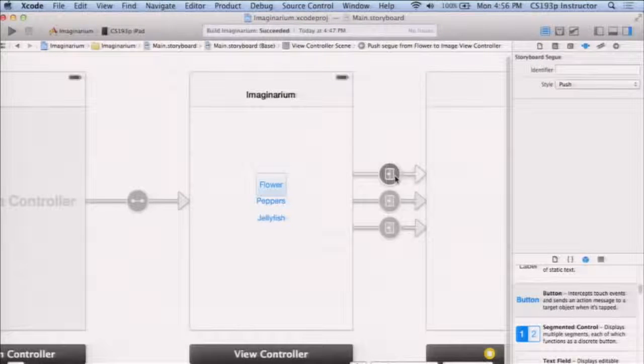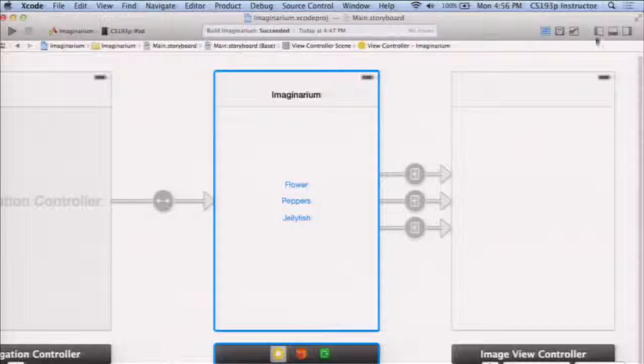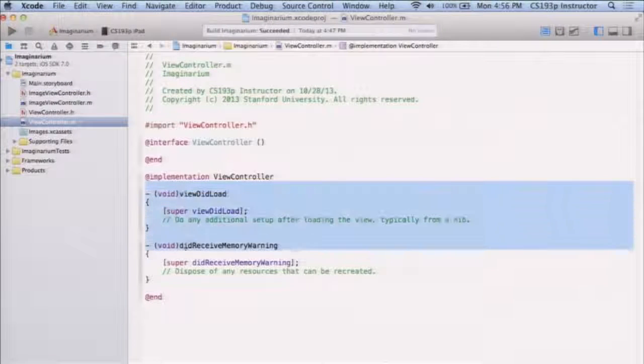Now what am I going to use for my identifiers here? Actually, I'm going to be a little bit tricky. I'm going to use the name of the photo as the identifier, and then in my prepare for segue I will use that to pick which of the 3 photos I'm going to show. It's a demo, so I'm trying to make this as little code as possible. So my 3 things are going to have these 3 identifiers, and I need to do prepare for segue in this one. So let's go do that. Let's go over here to our view controller. We don't need any of this. This is our generic